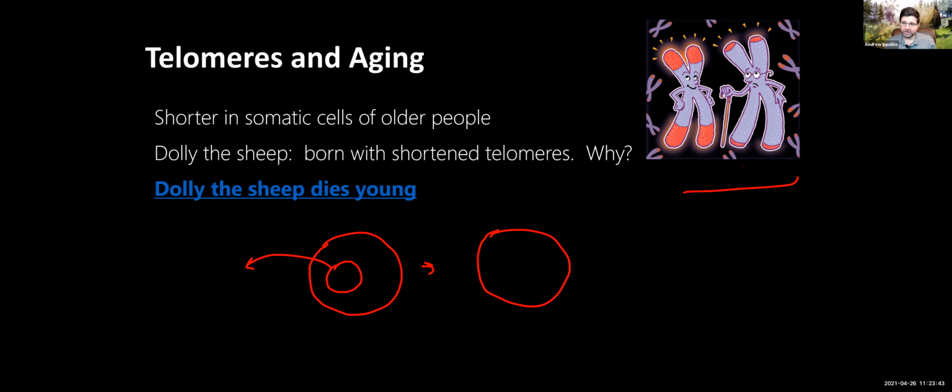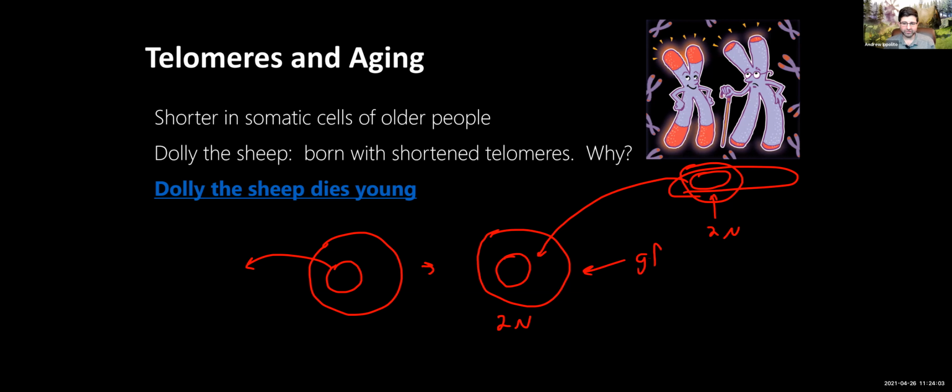And then over here, you get some kind of random, let's say a skin cell, right? This nucleus, that's a diploid nucleus, right? That's a 2N nucleus. We enucleate this cell and we transfer this nucleus into here. So now this is a 2N cell. And then we stimulate this thing with growth factors somehow. And that coaxes this, which kind of looks like a zygote now, and it starts going through the stages of development. That's how we clone things. So Dolly was born in this way.